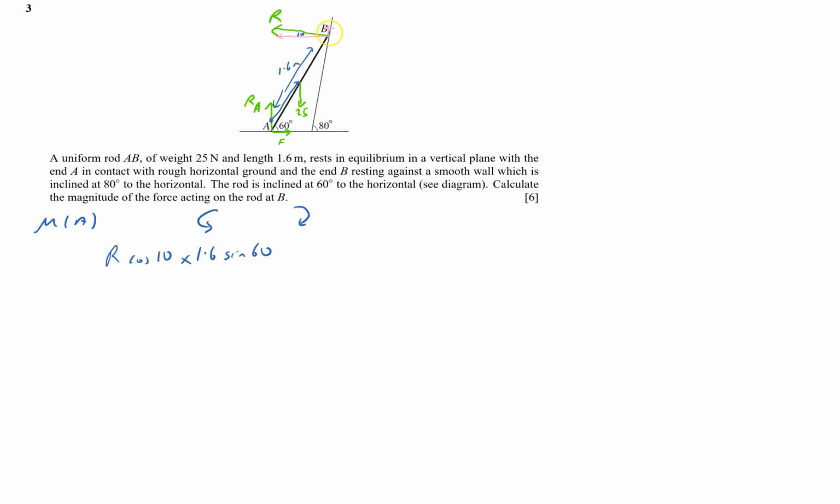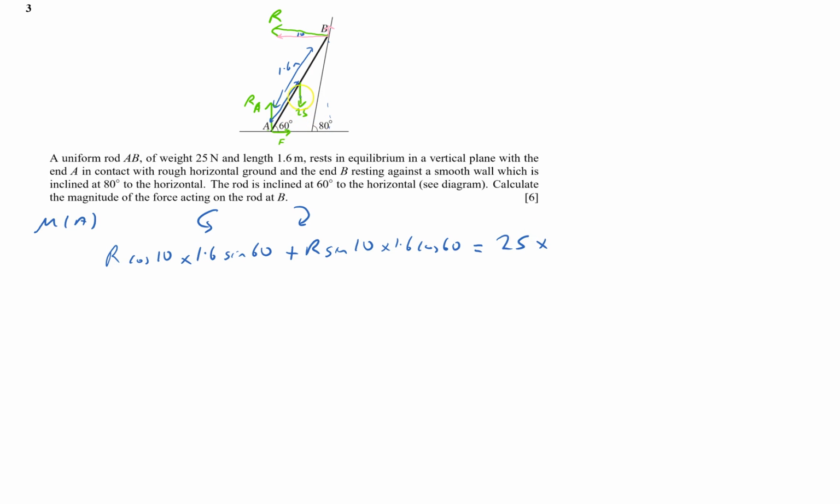This one here also, that component there is also going to be going anti-clockwise. So I need to add on whatever that is, and that will be R, and instead of being R cos 10, it'll be R sine 10. And that will be times by the distance, which is all the way back to here, so it'll be 1.6 cos 60. So times 1.6 cos 60, and that equals the clockwise moments, which is the force 25 times by the distance,